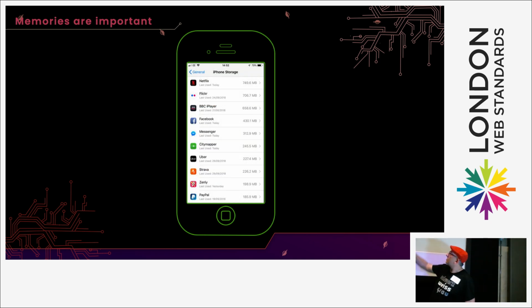So this just shows us how much data some apps are using. That one there, obviously Netflix is some. I thought that was a load of TV shows that I downloaded, but no, that's just the size of the app, and that is almost 1 gigabyte, which is lunacy. Lunacy. You can go to the website and watch it on the website. It works as well.